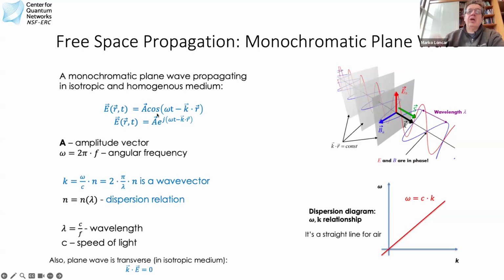And then it has some harmonic dependence on time and space. Basically, this wave is periodic both in time and space. Omega is frequency, as shown here. It's basically 2 pi times the frequency of this electromagnetic wave, and frequency is related to wavelength as c over lambda, where c is the speed of light. And more often than not, we actually write these things in a complex form, phasor form,